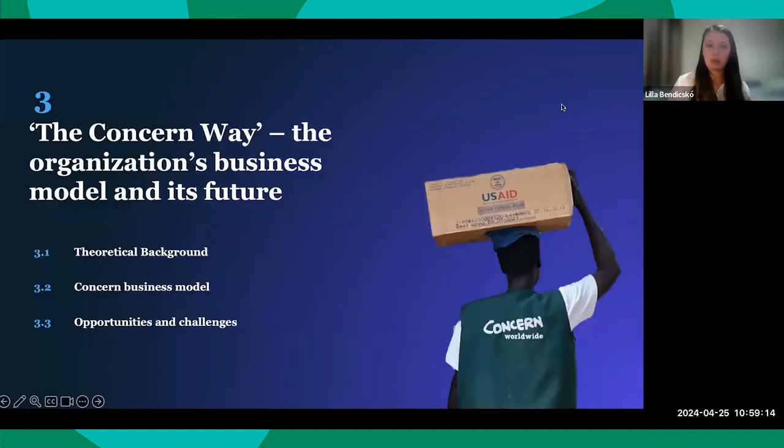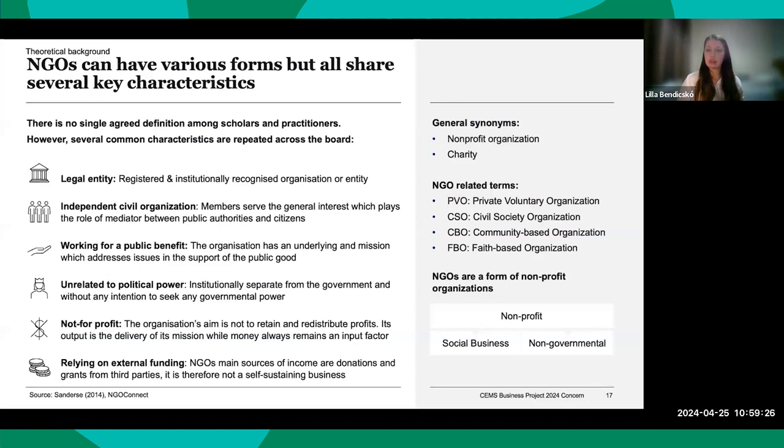So now we get to the second part of the presentation, which is going to be Concern's way of working. So, a business model for Concern. First of all, we looked from a theoretical perspective at the whole NGO landscape. We tried to understand the definition of NGOs, which is a really hard thing to do because there is no common definition in the theory about it, but we found some common characteristics which actually describe an